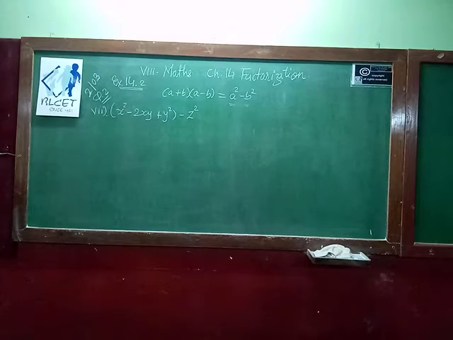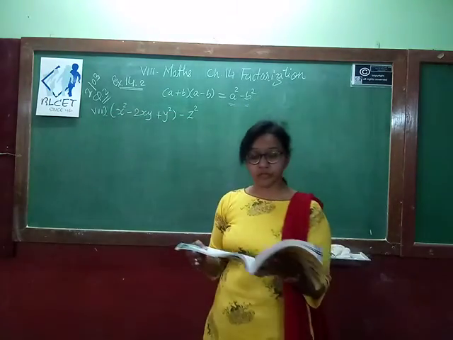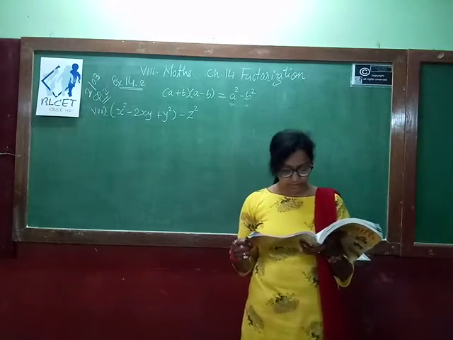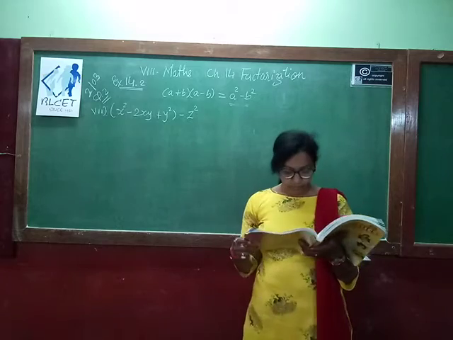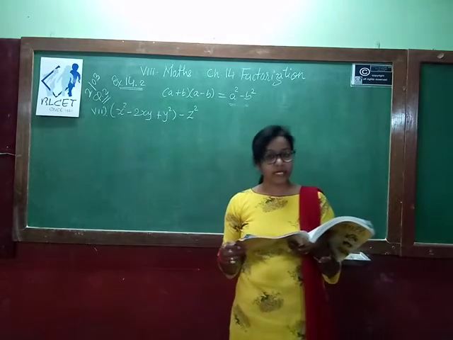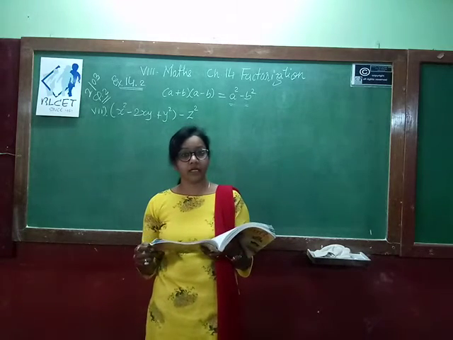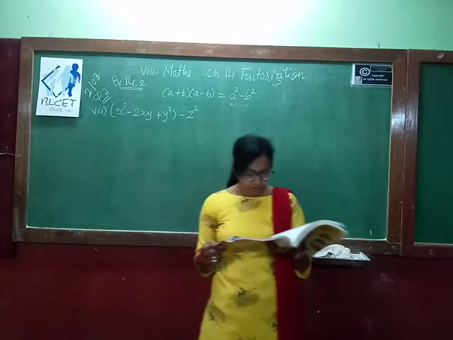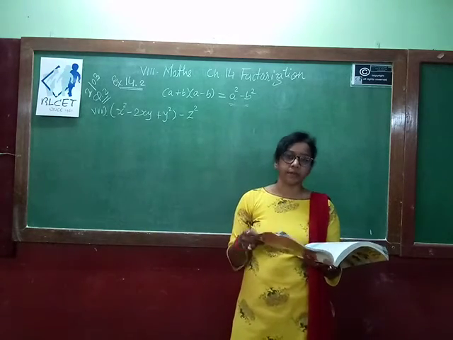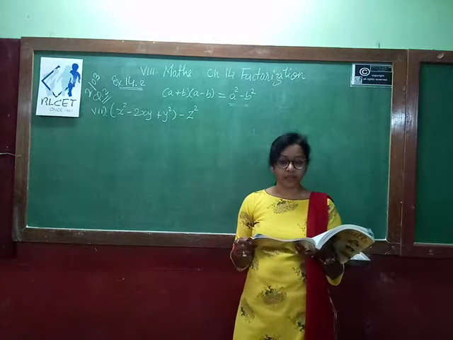Now see the next question. Your next question is 9x square y square minus 16. So easily you can do that question. A square minus b square is equal to (a plus b)(a minus b). You have to apply. So 9x square y square will be converted into (3xy) whole square and 16 will be (4) whole square. So that you will get the form of a square minus b square. So one time positive and one time negative you can write. So that question try to do by yourself.